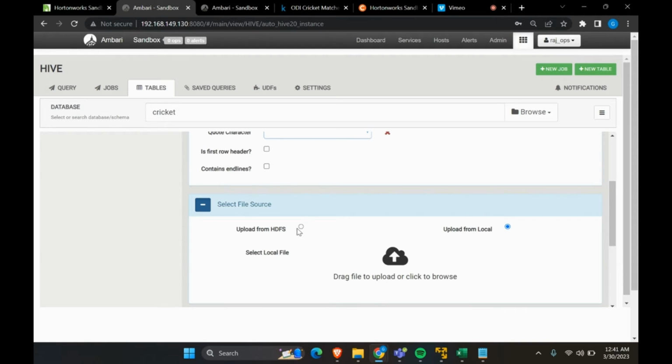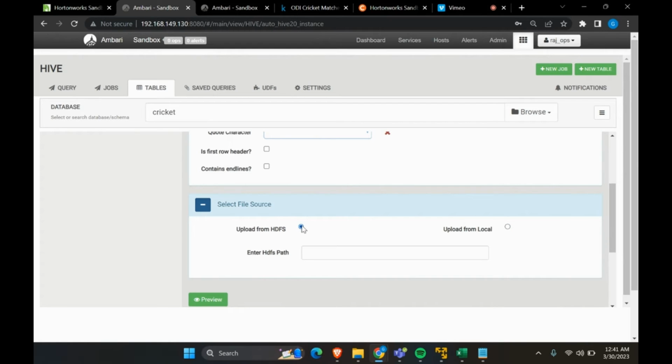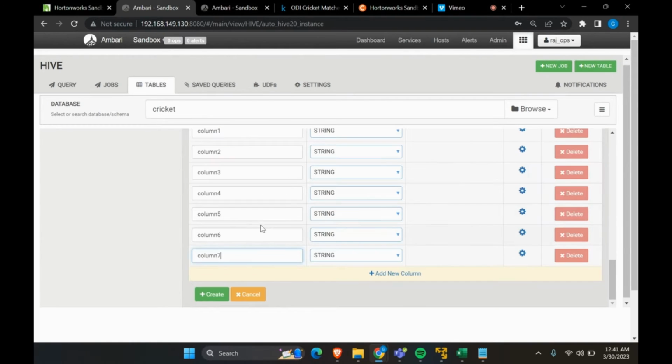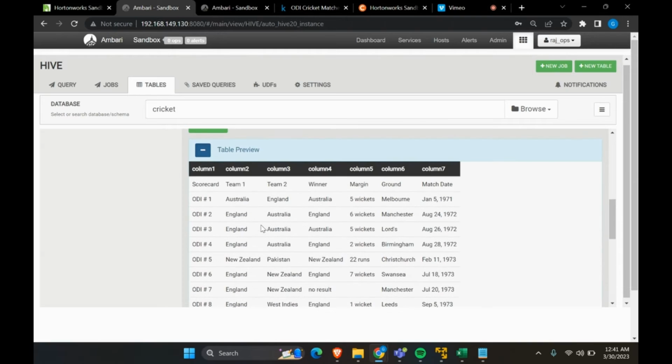Click on that, and under upload table, we have these two options. Since we have already loaded the data into the HDFS storage, click on this upload from HDFS, and we just provide the path to the data. So in our case, it's /tmp/data/cricket/original_dataset.csv. Once we enter the path, we can click on this preview, and as you can see, we get a preview of the table